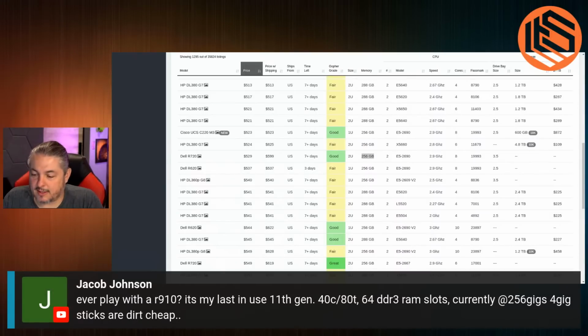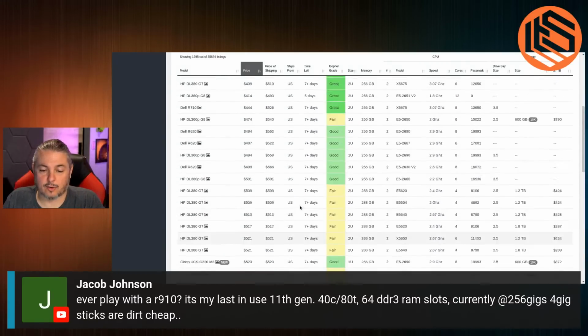Ever played with an R910? My last job used 11th gen, 64 DDR3 RAM slots, currently at 25 gig, 4 sticks, dirt cheap. I think that might be the 10 series might be a little bit too old. The 20 series is getting there. The 30 series is becoming really affordable. If you go to like the R30s,